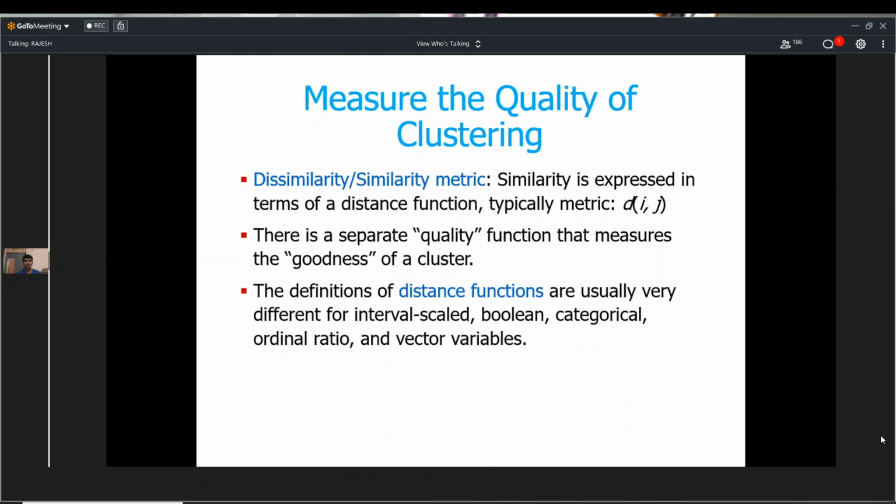Okay, so you can measure the quality of clustering based upon functions called distance functions. These distance functions are useful to evaluate either the similarity or the dissimilarity between data points, which is given in terms of d(i,j), where d refers to the distance between the two data points i and j. So now let us see